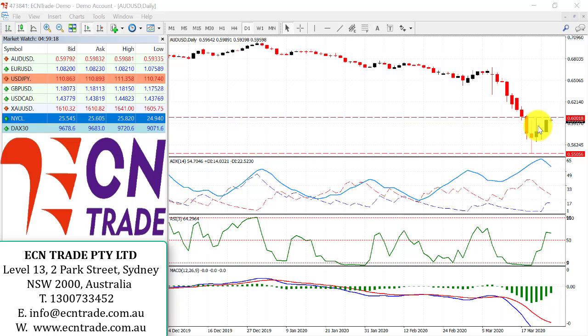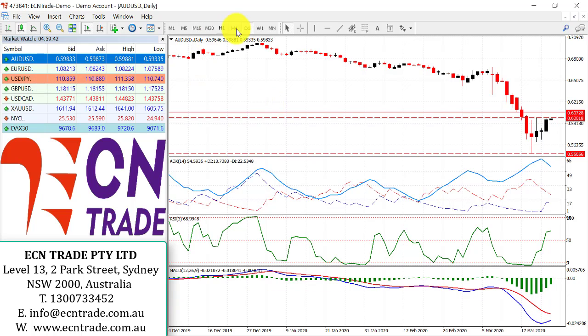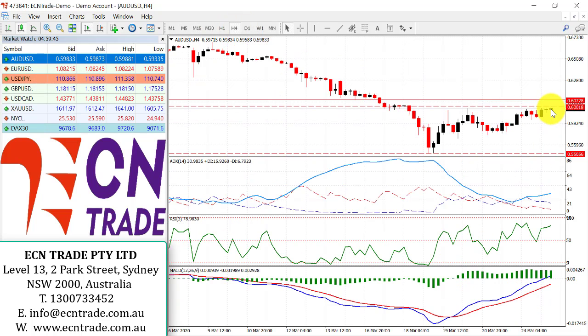Now, with that being said, I would like to point one thing out: a break of 60 cents would initially set off a squeeze in the market and look towards a region of 60.75, which is somewhere roughly around this level here. If we broaden that out a little bit, the break is not likely to sustain much beyond there. So therefore I'll be looking for a pullback eventually and see this whole bullish pattern that's attempting to climb higher